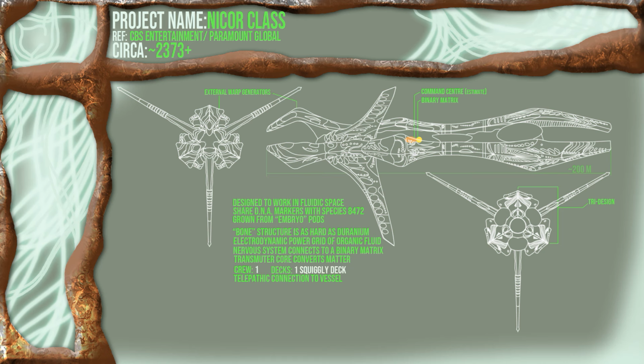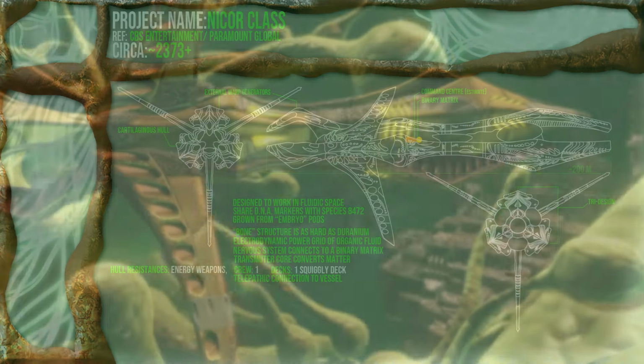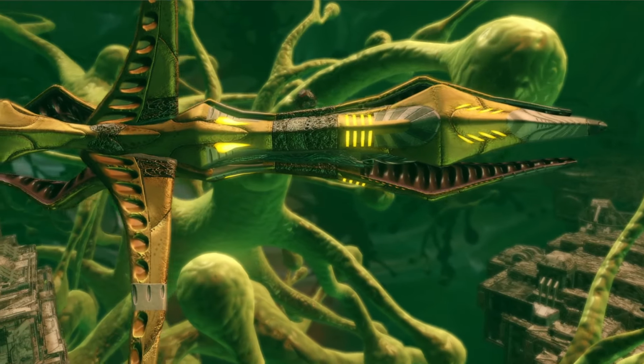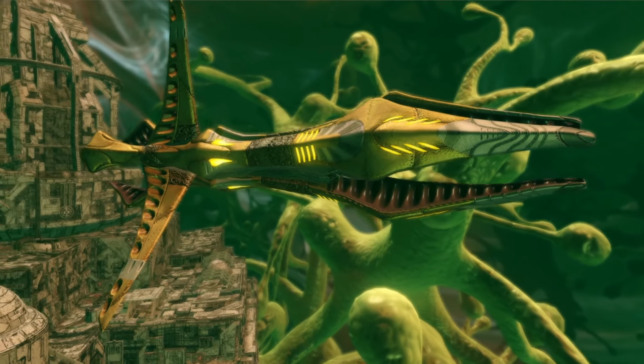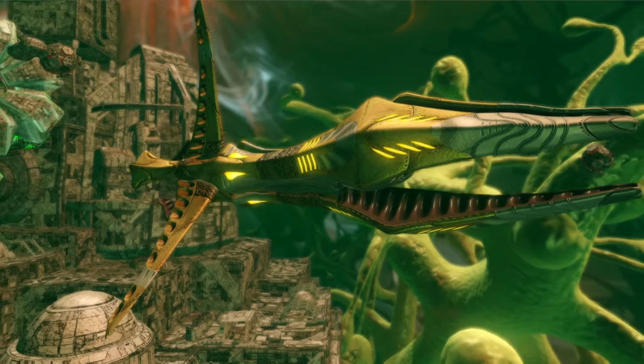So we'll go with one squiggly deck. The hull was resistant to most energy weapons fire thanks to the strange nature of the carapace. Exactly how it diminished attacks warrants further examination, but the alien owners are not exactly cooperative in that regard. Even if damage made it through,